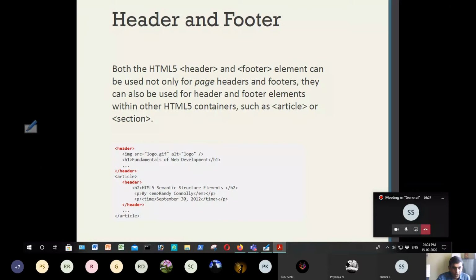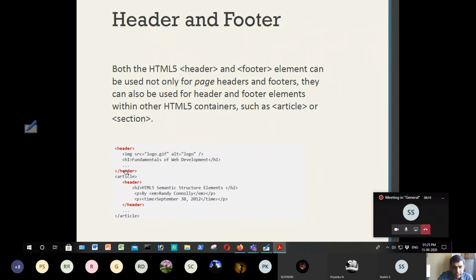If we see the example below, you can clearly see there is a header tag and a closing header tag here. Within the header tag, the header contains a logo, as I told you. Here the header contains an image, so the img tag is used, src is equal to logo.gif, where src is the attribute and the value is logo.gif, and alt is equal to logo. That means for the alt attribute, we have given the text value logo. What does it mean? If for some reason the logo.gif image can't be loaded, the alternative text logo will be displayed in place of the image.